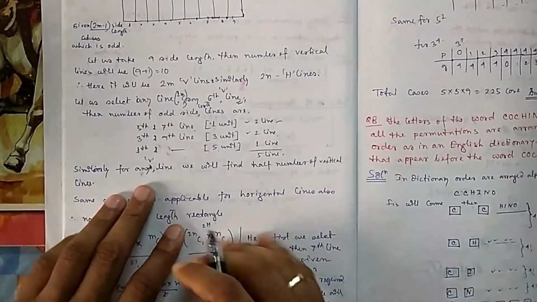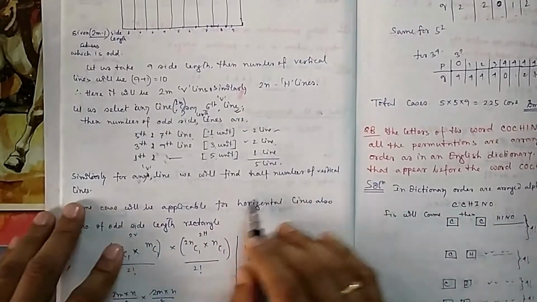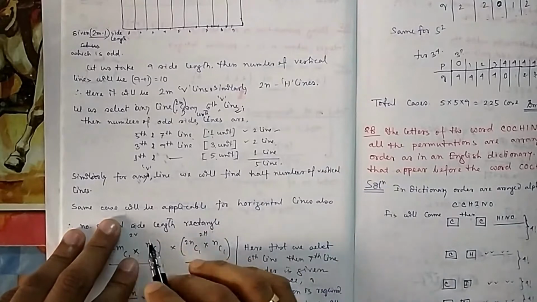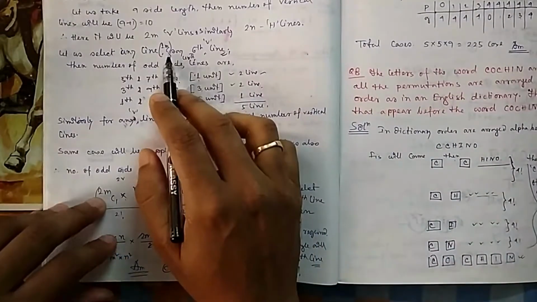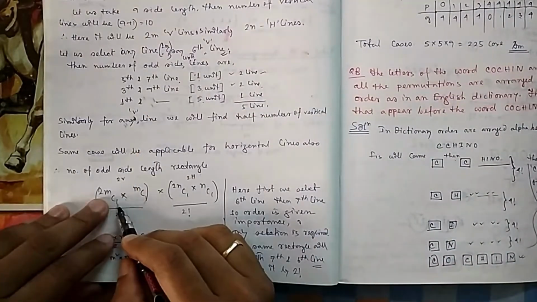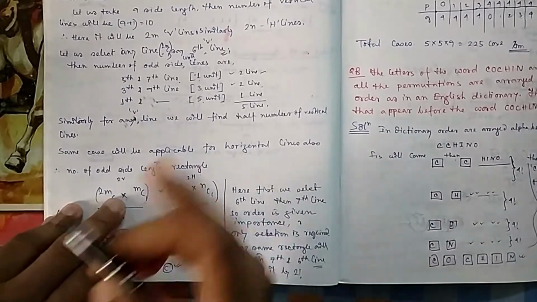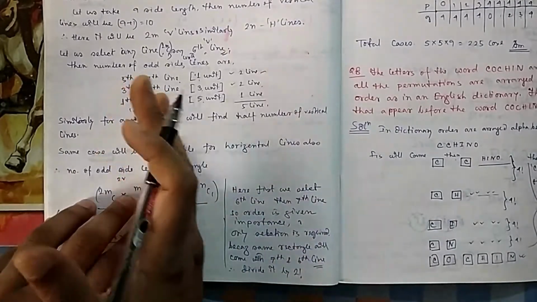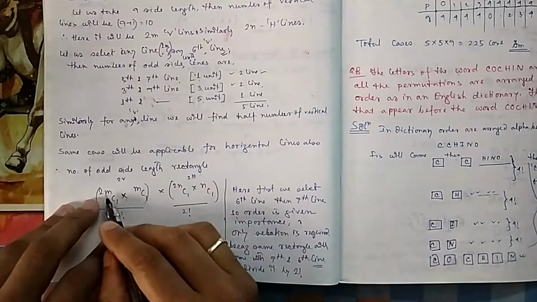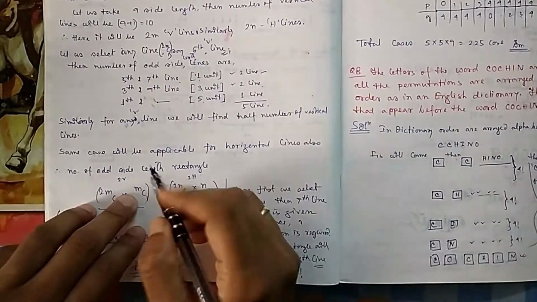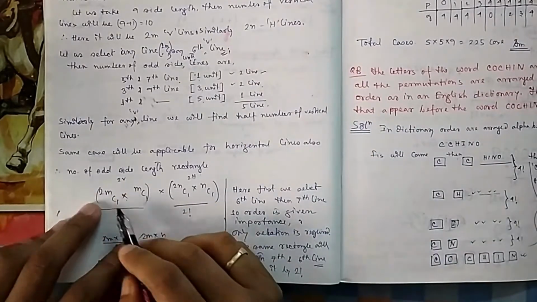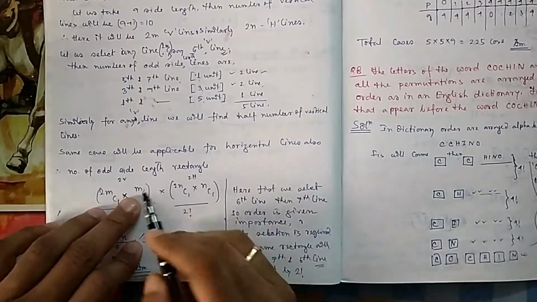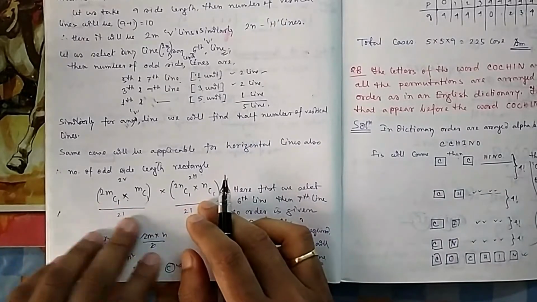Similarly, for any vertical line, you will find half the number of vertical lines. The same case will be applicable for horizontal lines. So you choose now 2 from the vertical and 2 from the horizontal. First you have 2m vertical lines, you choose one line, 2mC1, and for the one line you have chosen, you have now options of half of that. Out of 10 you choose one, the 6th line, and from that line you have 5 line options. So out of that 5 you will choose one. Similarly, from 2m you choose one, then half you have as option, mC1. Similar thing for the horizontal lines also.